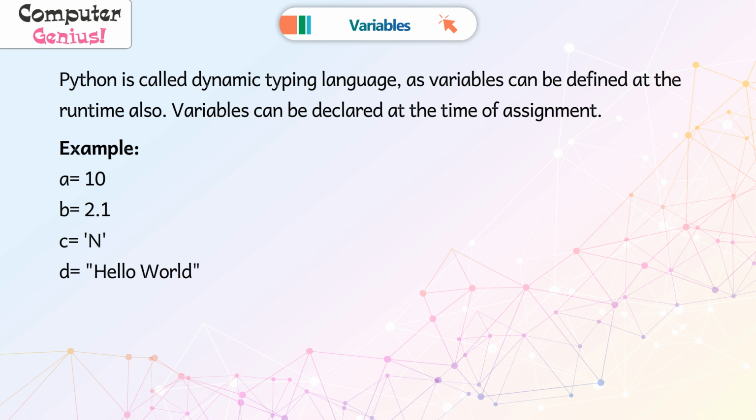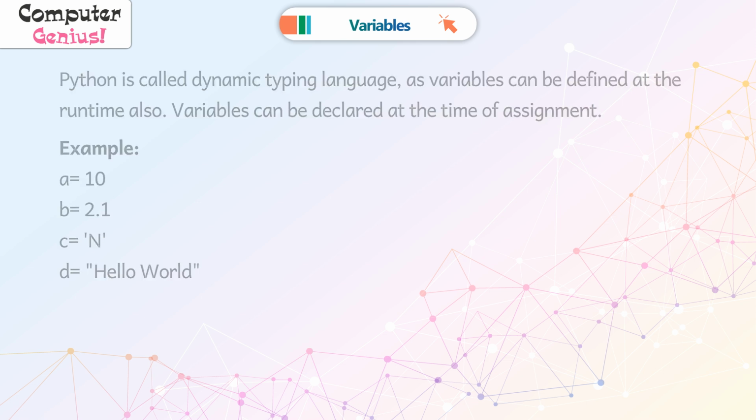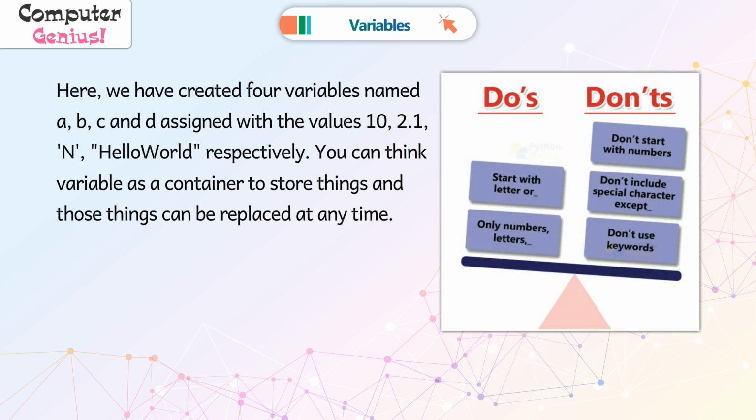Example: A = 10, B = 2.1, C = 'n', D = 'hello world'. Here we have created 4 variables named A, B, C and D assigned with the values 10, 2.1, 'n', 'hello world' respectively. You can think of a variable as a container to store things, and those things can be replaced